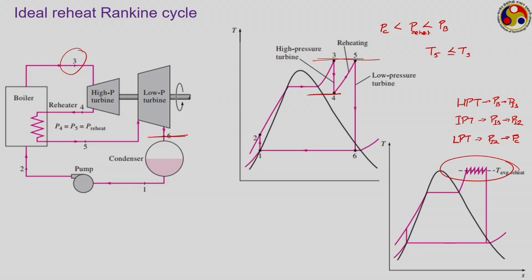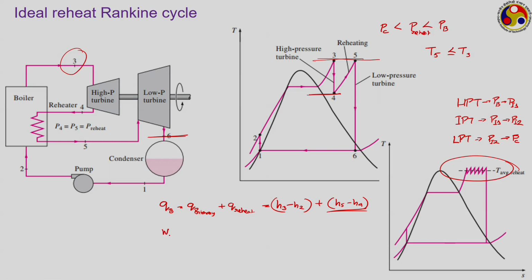Now, when you are using a cycle with a single stage reheat like this, then the total amount of heat that has been added, the QB that we are using there, now has two components. One is the primary one that we are using always, plus the reheat part. So, how much is the primary heating, which is H3 minus H2, and the reheating part, now H5 minus H4. This is the reheating part where the additional heat input will be